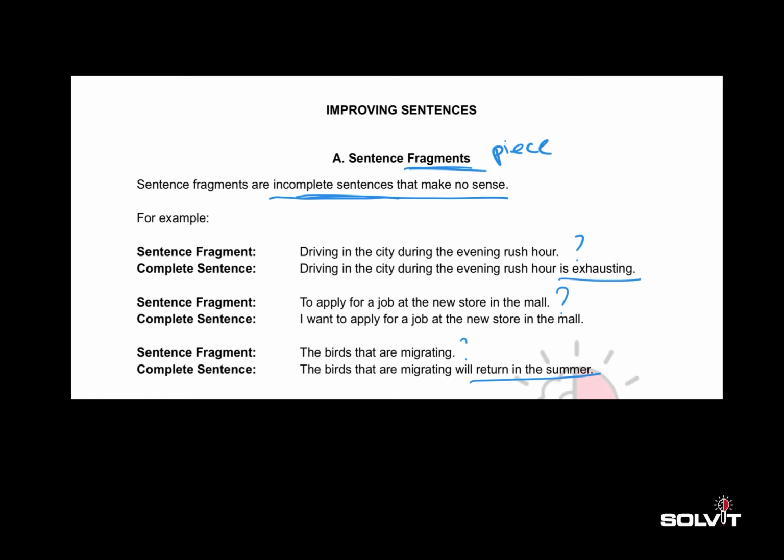So guys, whenever you get a question in which you feel like the sentence is not really making any sense, the sentence is not really giving you any information, you're not learning anything new from the sentence, that means it's a sentence fragment, right? And we always have to avoid sentence fragments because they're grammatically incorrect. So, whenever you've been given a sentence fragment and you have to improve that, always remember that you will choose the option that has some added information